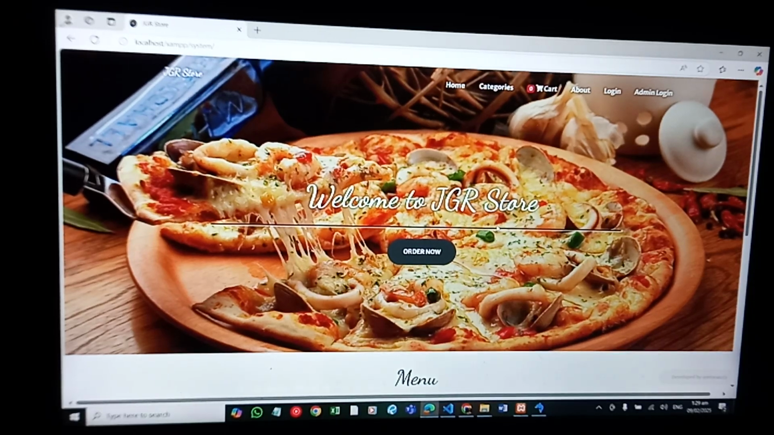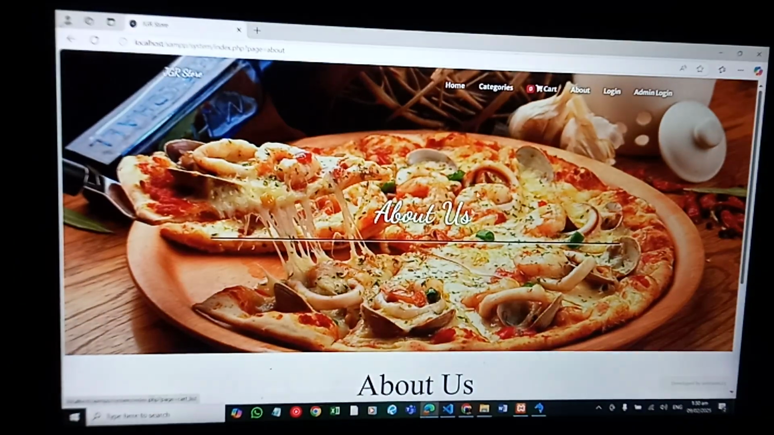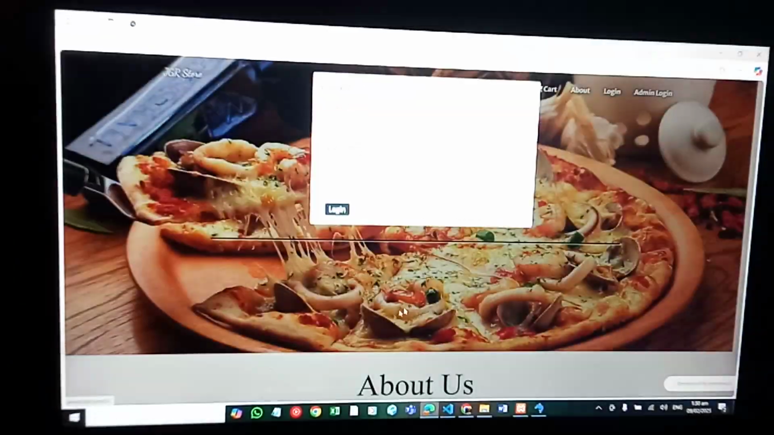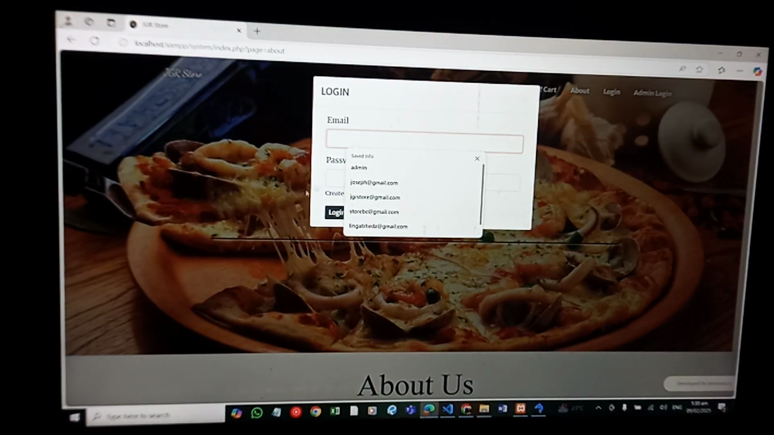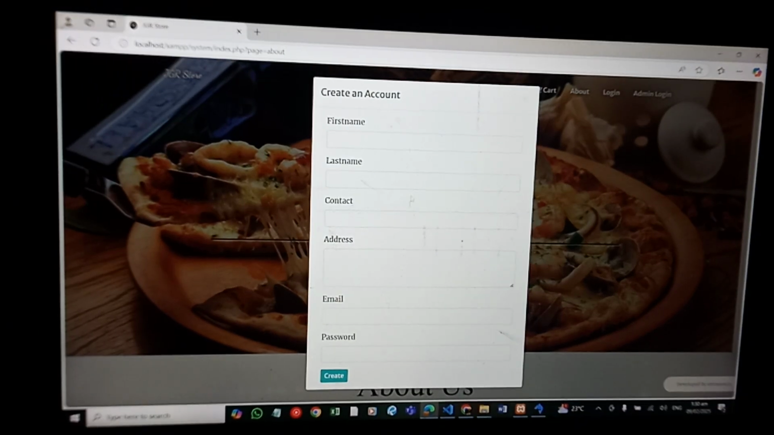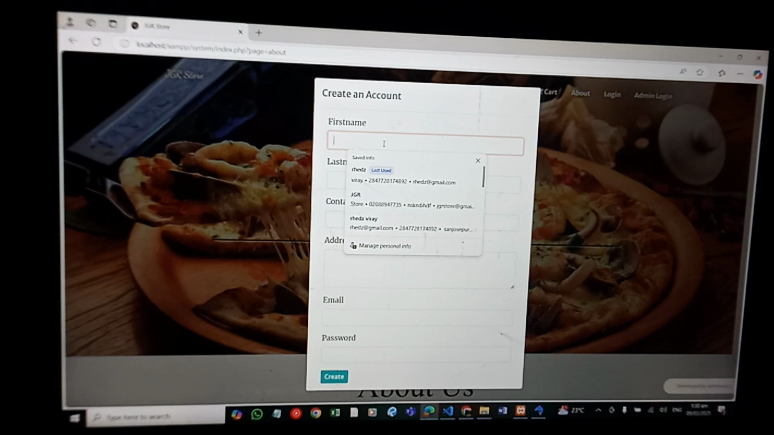In our system, we have a homepage, categories, cart, and an about page for our company website. We also have a login page. If you already have an account, you can log in. If you don't have an account, you can create a new account. For example,